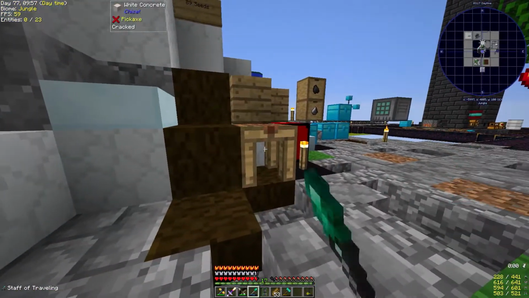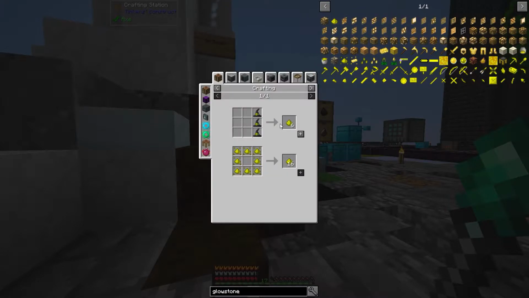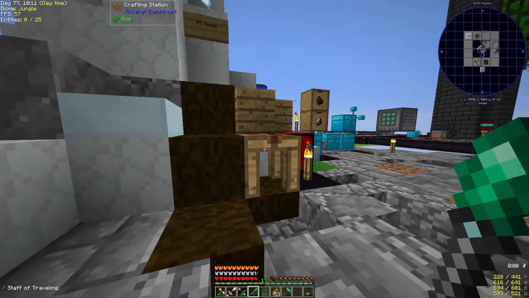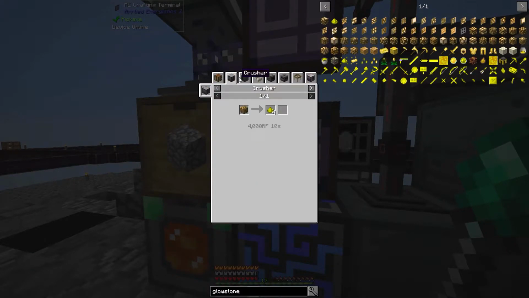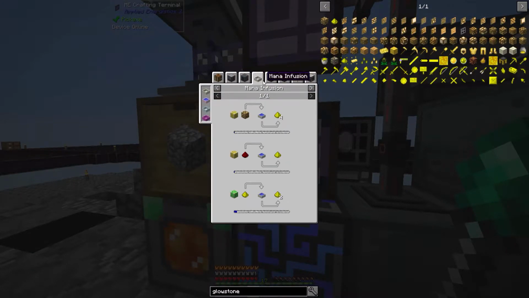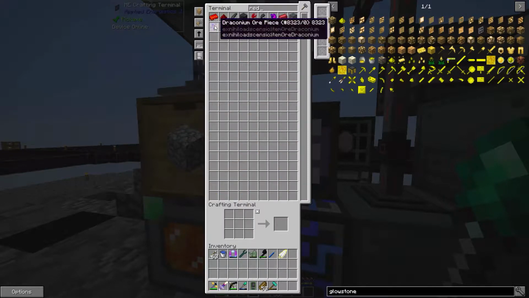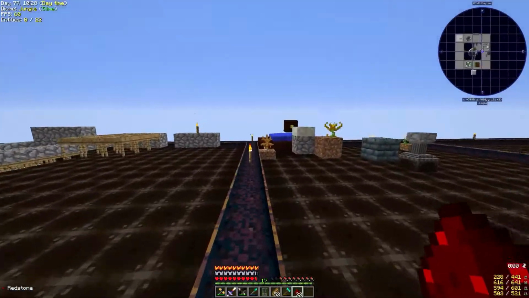That's weird. That you shouldn't do that. Yeah, why? That's weird. Is there any other way of making glowstone that I can see? Mana infusion. I wonder if I can do that now. Let's see, because these have been working. Oh, these haven't, but...